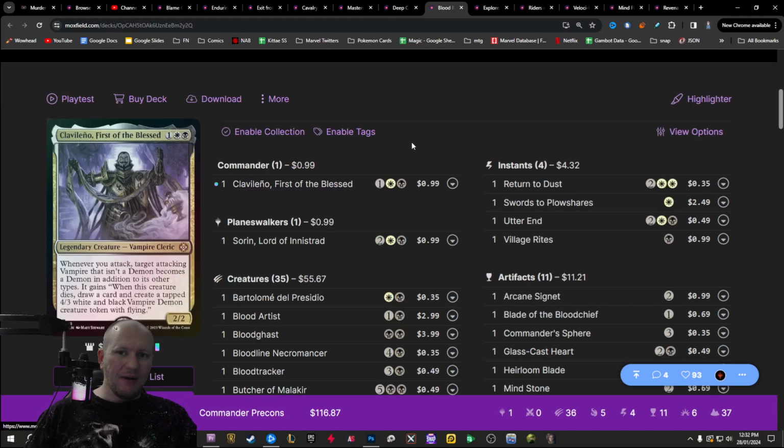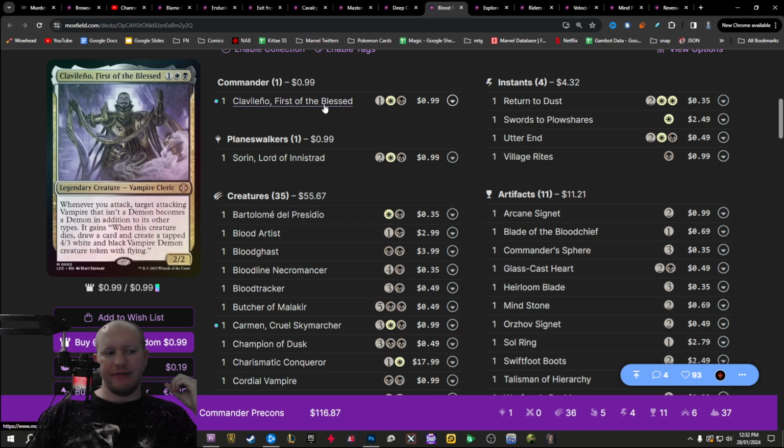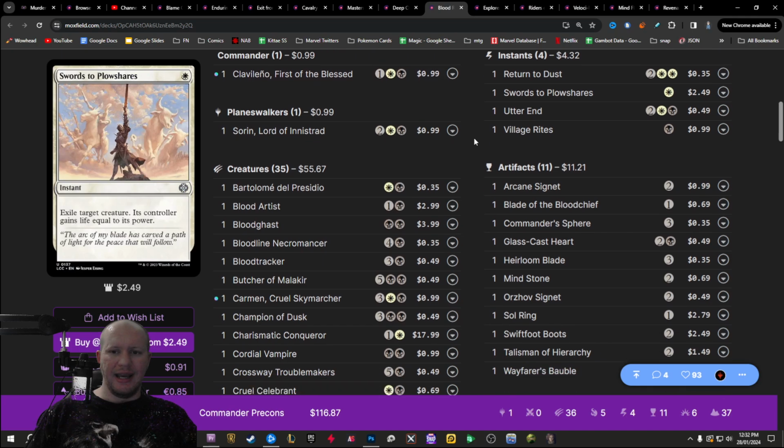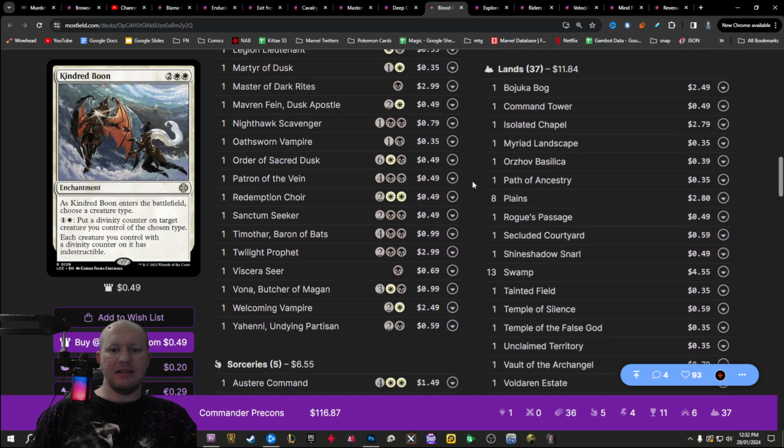Next, we've got the Blood Rites one. This one is crazy because with some very minimal swaps, you can make stuff go infinite in this deck. Just swapping in a Sanguine Bond, for example, you can make this go infinite with the Exquisite Blood. It's based on